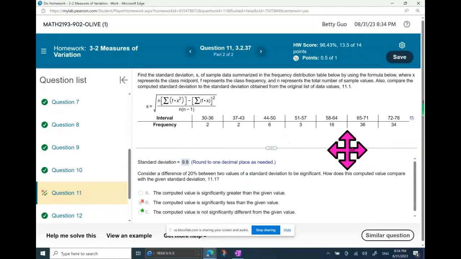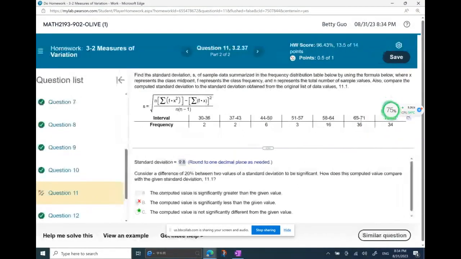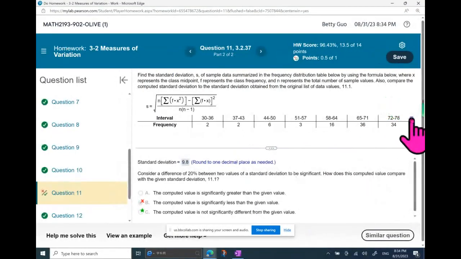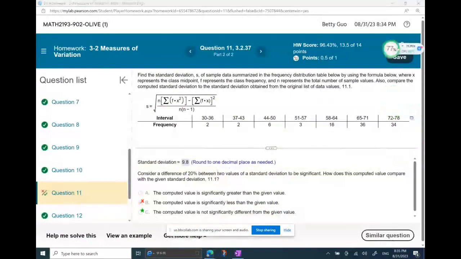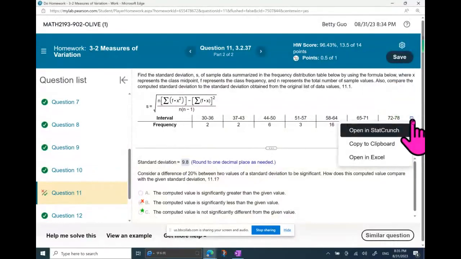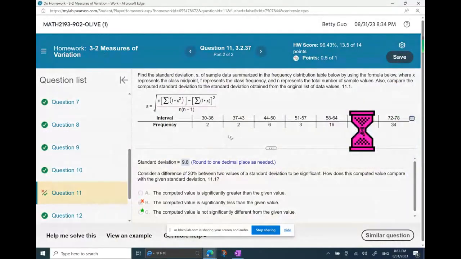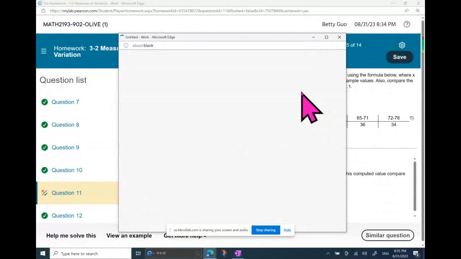Yeah, but let me show you how you only spend seconds to get this problem done, okay? Just don't hate me because we spent so much time doing this manually. You see the small icon, click that. Open in StatCrunch. What we are given is not a raw data set. What we are given is a grouped frequency distribution table, right? While this is still loading,